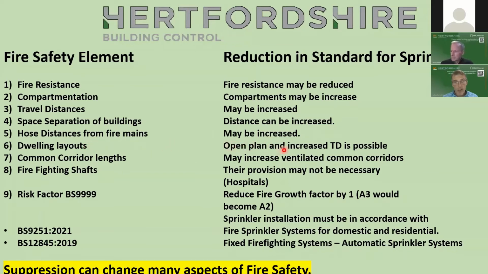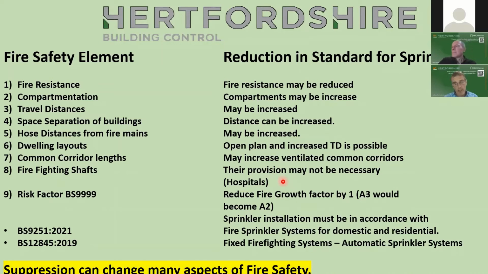Dwelling layouts can go open plan and increase travel distances if possible. Common corridor lengths in flats, they may increase the length of them. The ventilated common corridors, they can increase. Firefighting shafts may not be necessary if it's sprinkled, certainly in the case of hospitals. I think hospitals is the only case where sprinklers can have an effect on it. In fact, I think it almost is. But in hospitals, if you go over 12 meters and it's sprinkled, then you don't need firefighting lifts. But if you go over 12 meters in hospitals and it's not